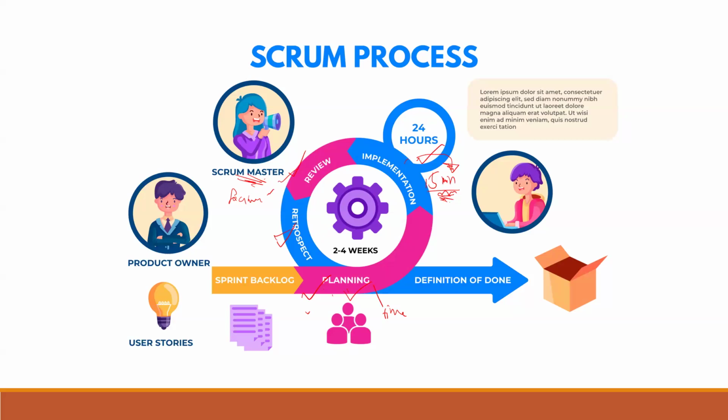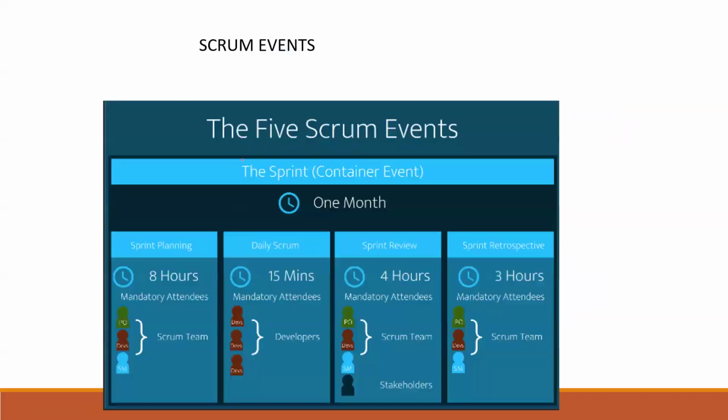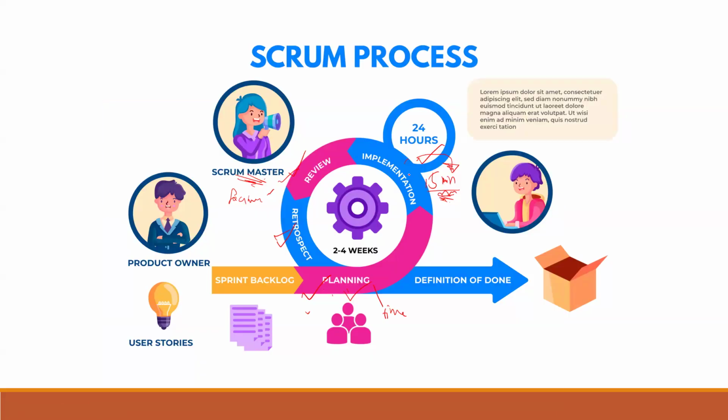So, as a Scrum Master, it is our responsibility to make sure that the team is following the Scrum. And that's what I was saying, right? There are five Scrum events. Who are these persons? Let us talk about that a little later. But as a Scrum Master, your job is to make sure that these things are happening. Any questions still, or am I a little fast?